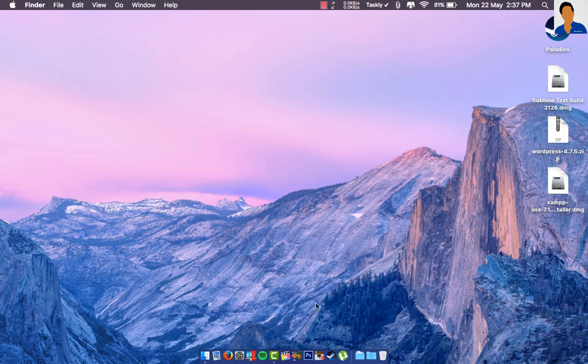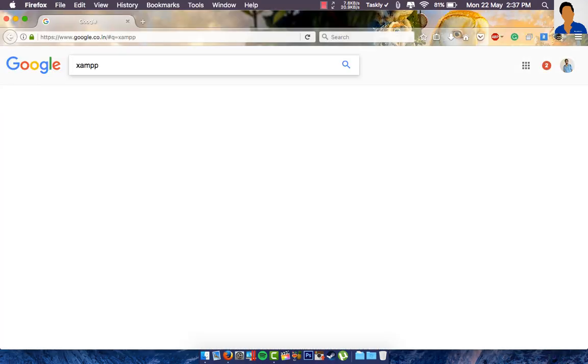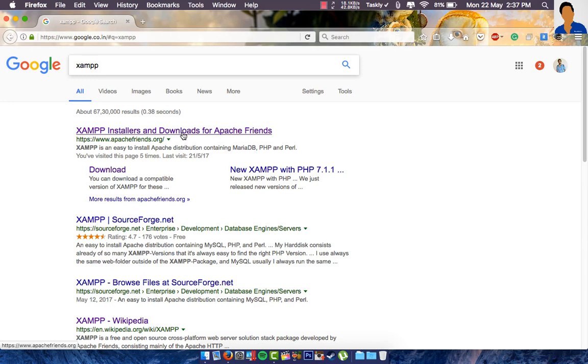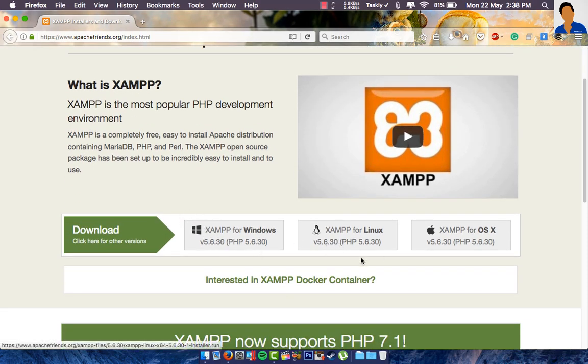So let's get started. First of all, open your web browser and search for XAMPP. Yeah, the first result, apachefriends.org. This is the official website of XAMPP. I'm using Mac, so I'm going to download XAMPP for OS X, but this is the 5.6 version, which I'm not going to download. So click on "other versions" here,